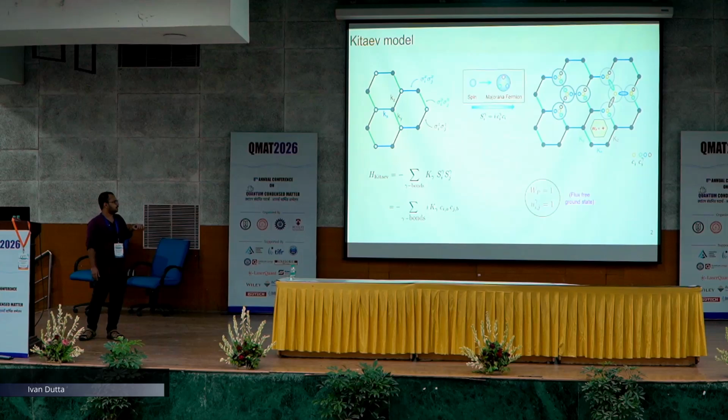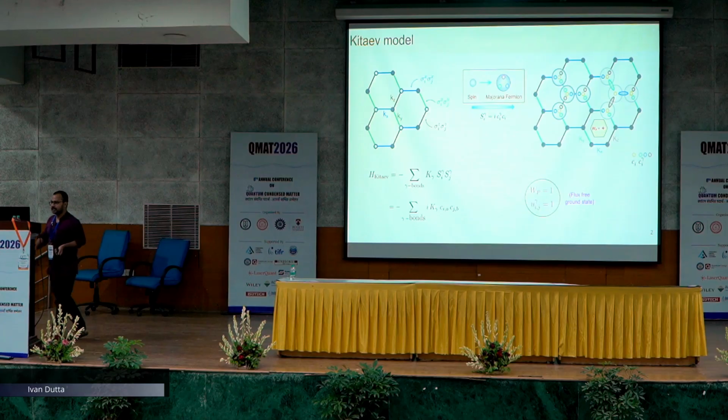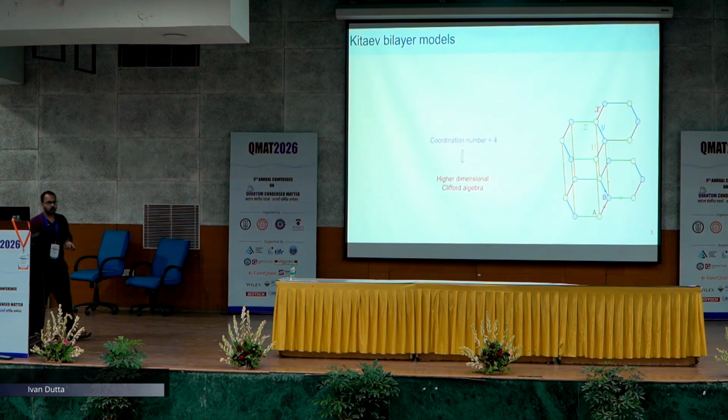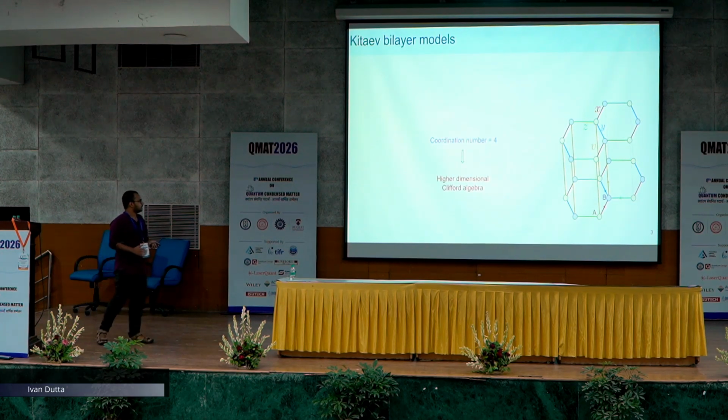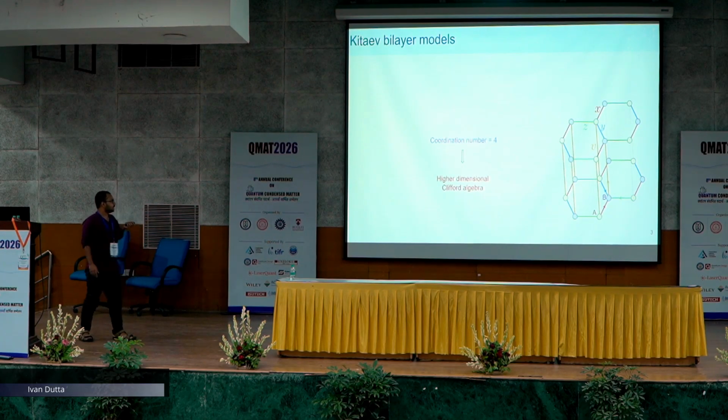So a conventional choice is taking all the link operators to be 1, and then it is a very easy problem which can be solved exactly by simple Majorana hopping problems. Now our motivation is a little bigger. We want similar models but in the bilayer regime. But now there is a problem. The problem is now I have 4 bonds. So my coordination number is 4.